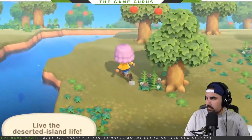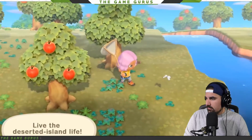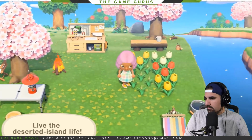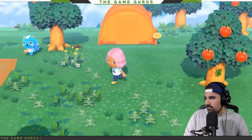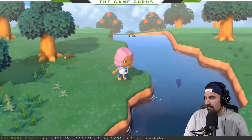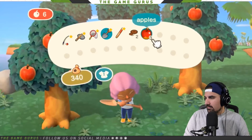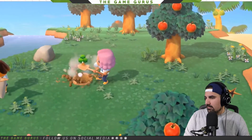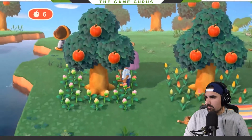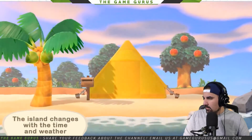That's cool. There are many ways to experience the joys of life on a deserted island. Go fishing, catch some bugs. That's the bug catching we were just talking about. Flowers, and pick them to make a garland. Thanks to crafting, even weeds have their uses. A weed umbrella. A vaulting pole makes it easy to quickly cross a river. A nutritious snack will help you shovel up a tree in no time. Oh, okay. Plant it somewhere else to change things up in that corner of the island. scenery changes with the time and weather. There will be sunshine, cloudy days,